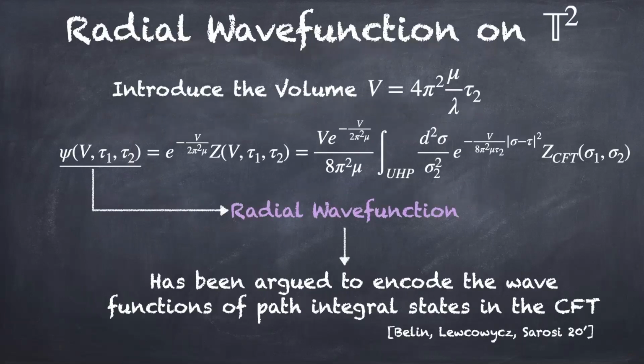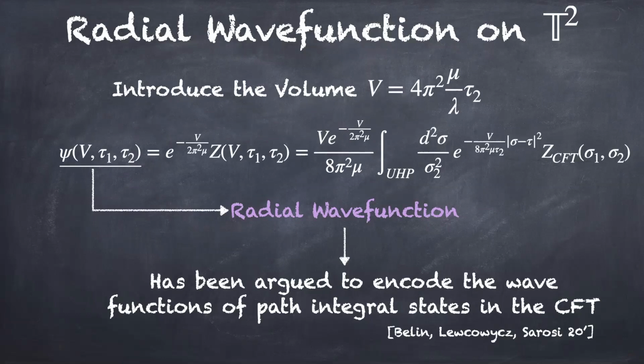So in a very similar spirit, we can define this radial wave function psi on the torus if we introduce a volume factor V, which has the following dependence on mu, the dimensionful TT bar parameter, lambda, the dimensionless TT bar parameter, and tau 2, the imaginary part of the torus modulus. The 4 pi squared is just a normalization factor, but the point is that we have to include tau 2 for V to have the correct transformation properties under a modular transform. We need mu to bring in dimensions of length squared, and we need lambda to derive a useful connection to